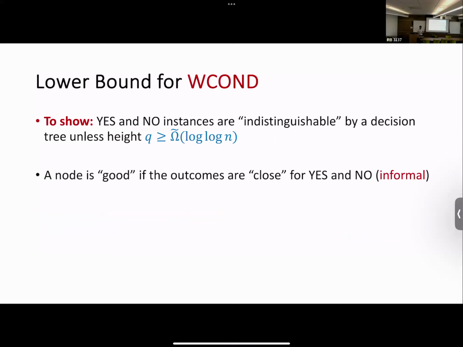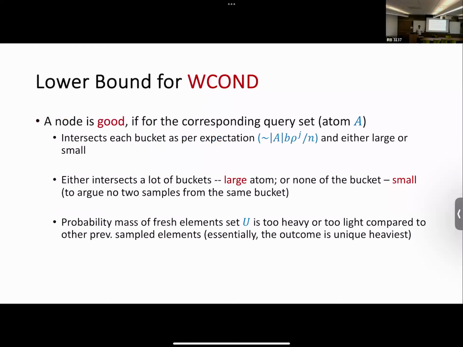So for that, now it will become more technical, so I will skip most of it. But at a high level, we will look into the decision tree, and for each node we define some event. We basically define some nodes as good nodes and bad nodes. Roughly speaking, a node is good if